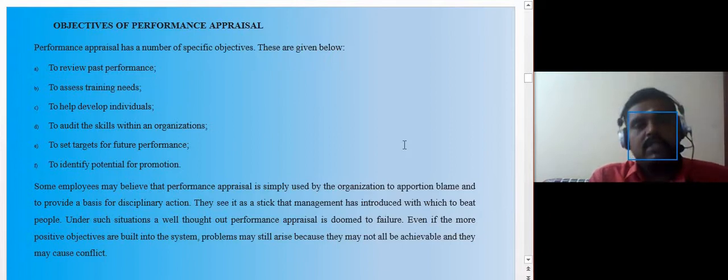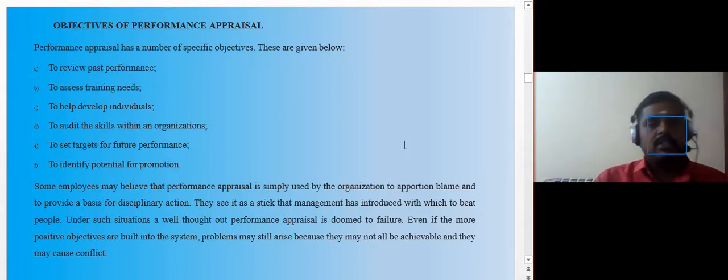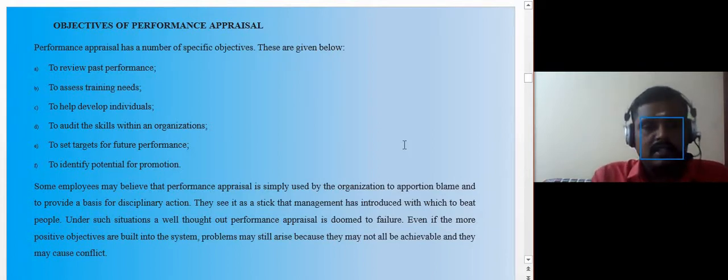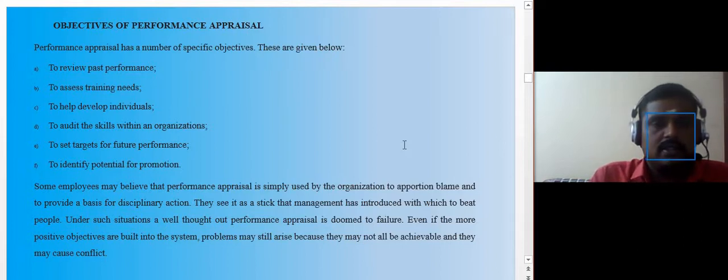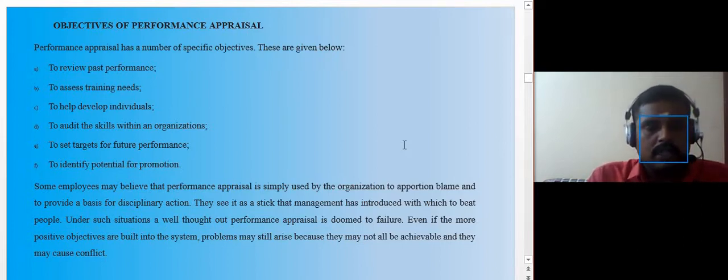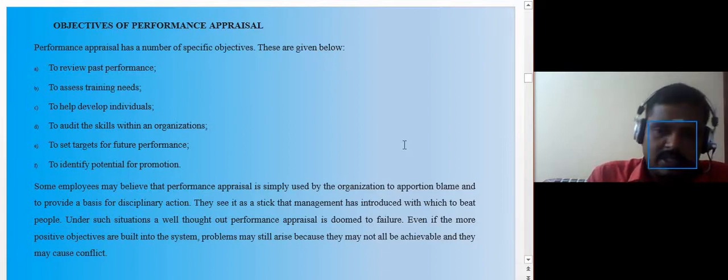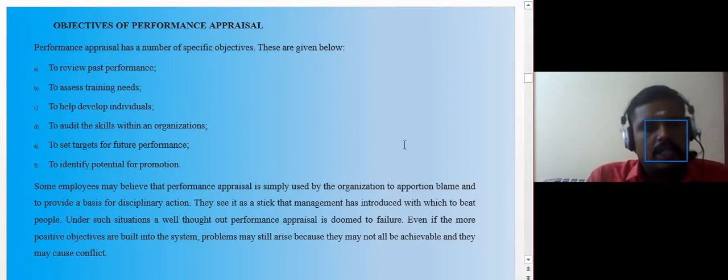So what are the objectives of performance appraisal? The performance appraisal has a number of specific objectives. They are given below: to review the past performance of the employee's data, and we have to assess why the training is required, and we need to help develop the individuals to the next level, and to audit the skills within an organization, to set targets for future performance, to identify the potential for promotions